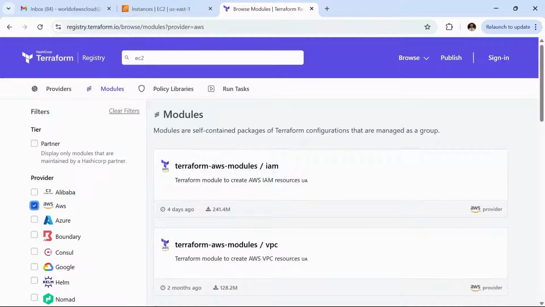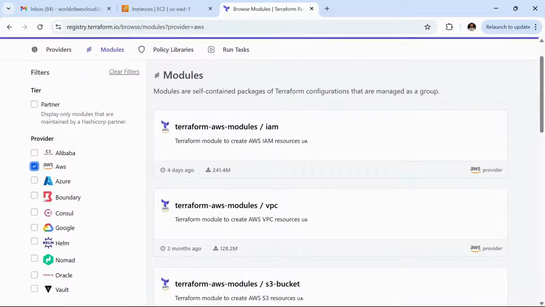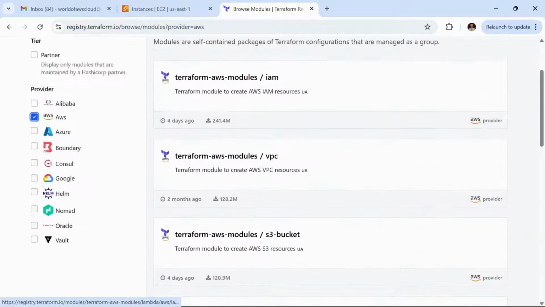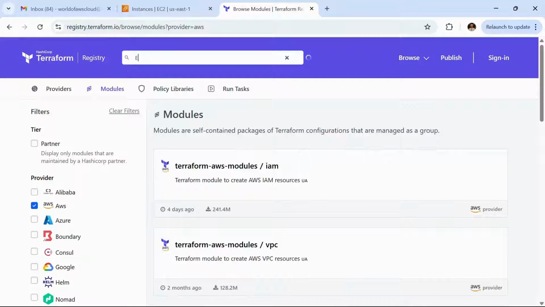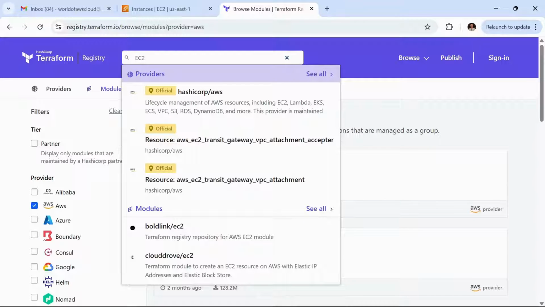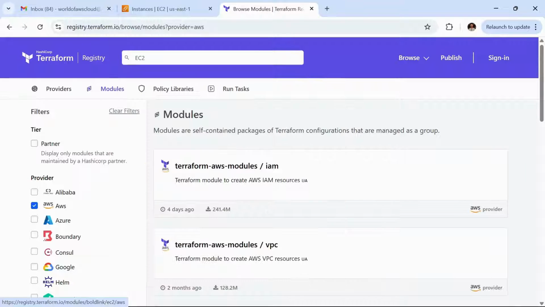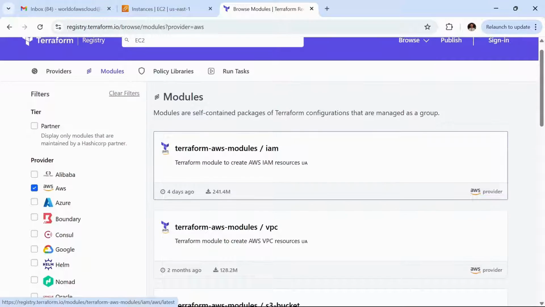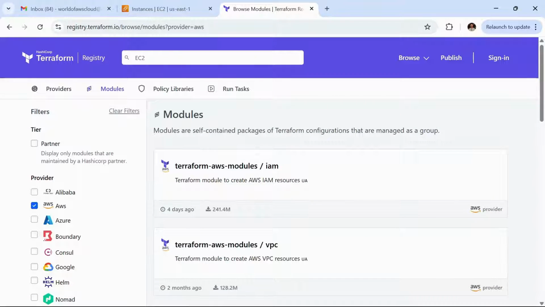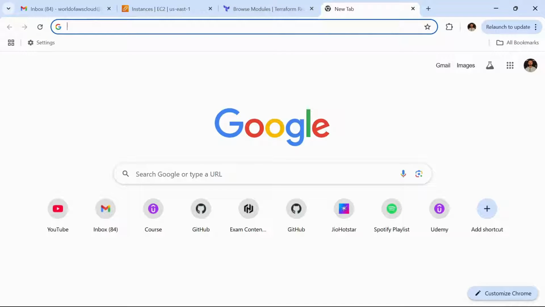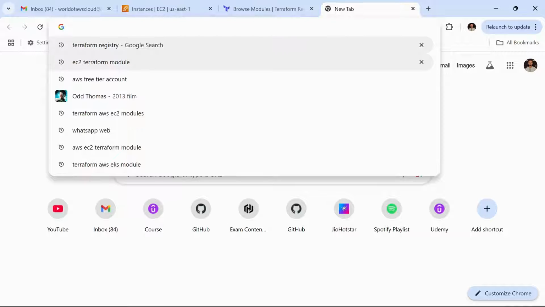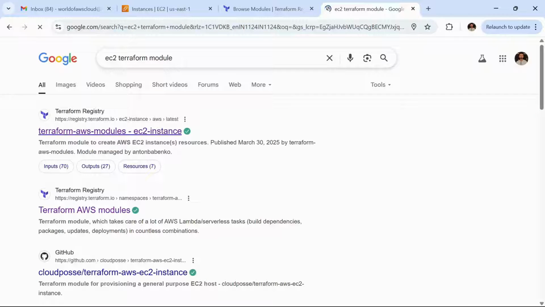Let's select the provider here and search EC2. I don't know why it's not working, so let's browse from here. Terraform EC2 module, let's go to this.